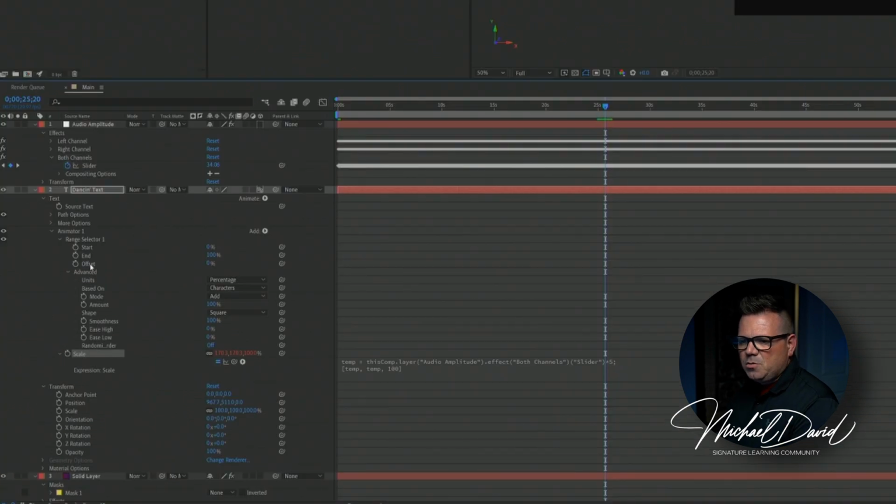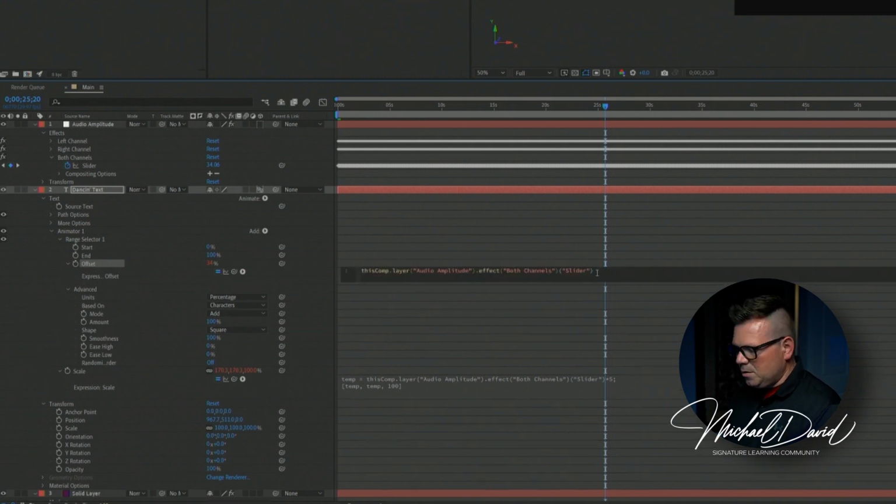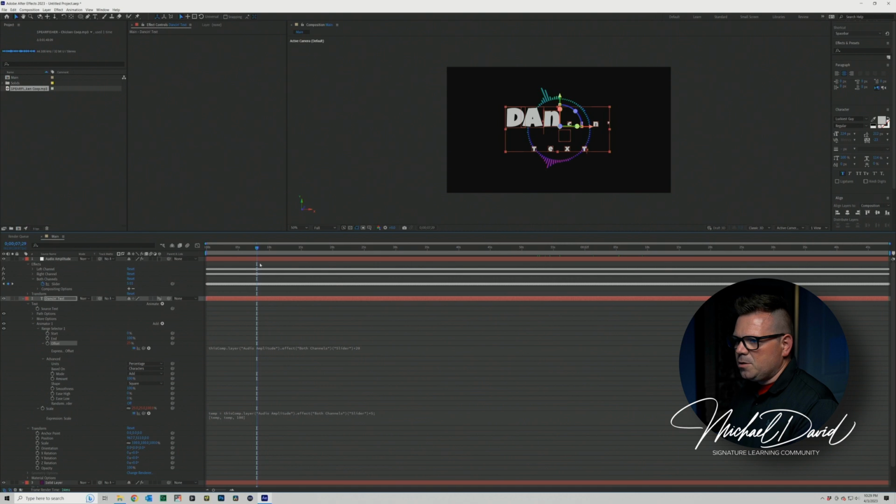So what we can do is say offset this. But you know what? I'm going to take this pick whip tool and I'm going to offset it to the slider. And I'm going to open up this expression. Again, it's the same expression that we have down below. And I'm going to type in, say, plus 35. Enter. So now if I play this back,